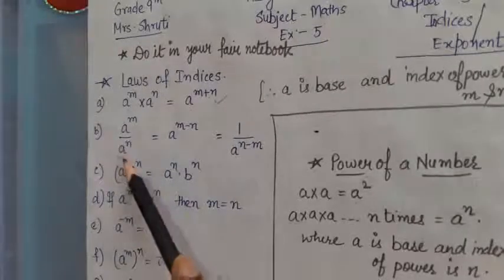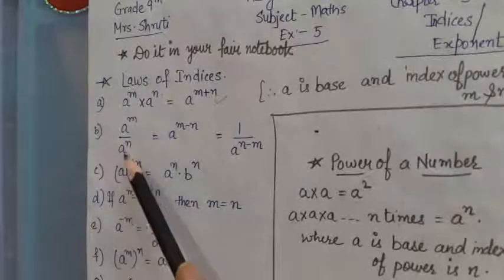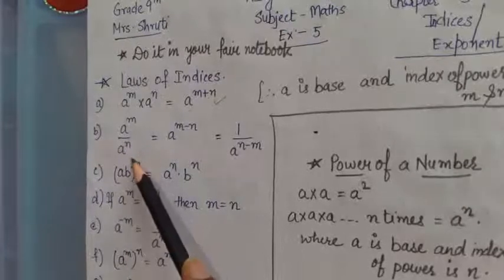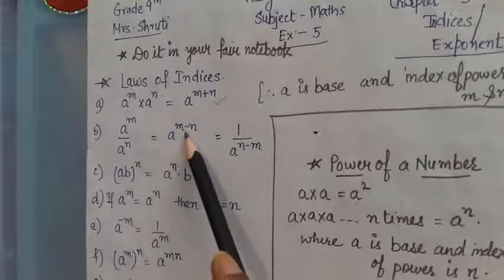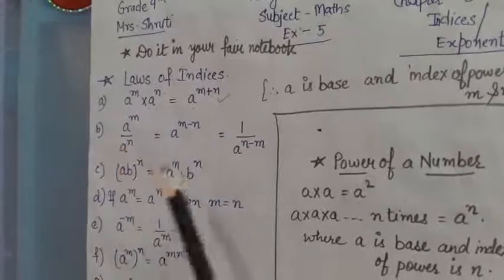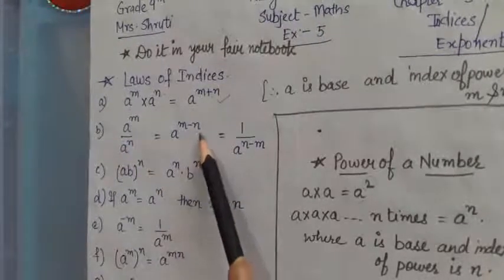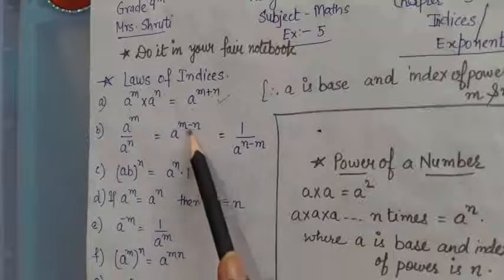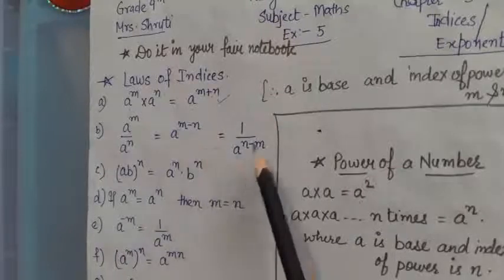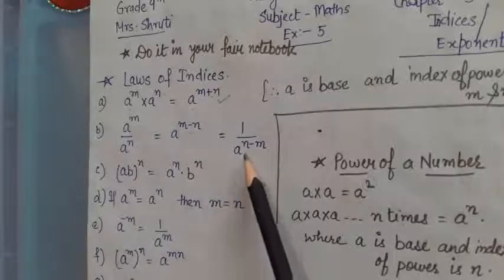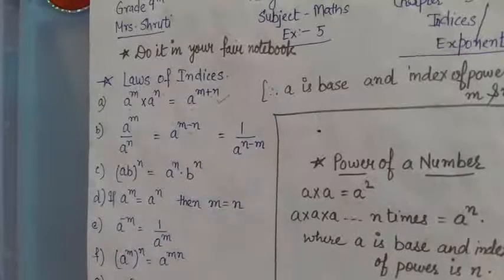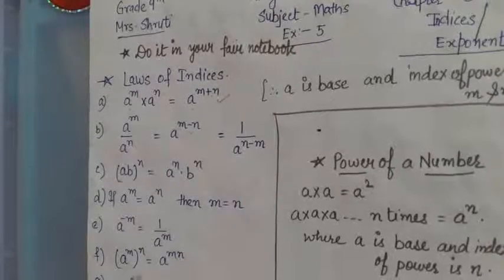Now here is a raised to power m and a raised to power n. Again the base is same, but this one is given to you in divide. If the base is same and given in divide, then powers will be subtracted. Now if you want to do reciprocal, then you will write down minus, you will take the common. So 1 over a, here is m minus n, now you will write down n minus m. Is that clear? It will be reciprocal. When you do the questions, it will be clear to you.